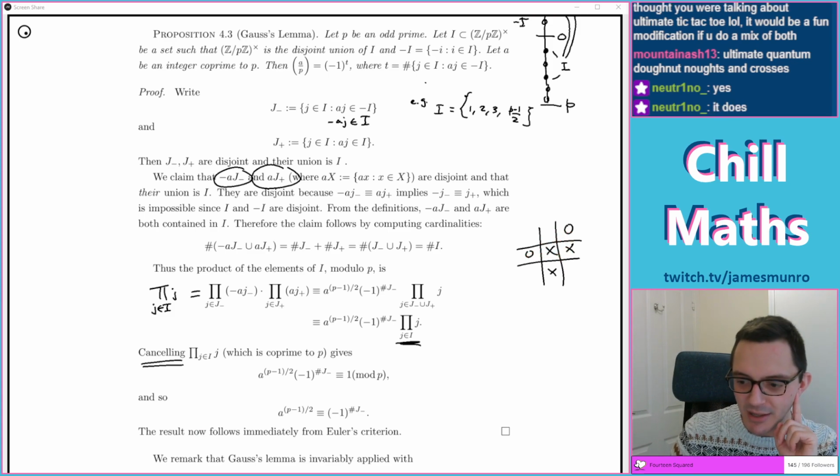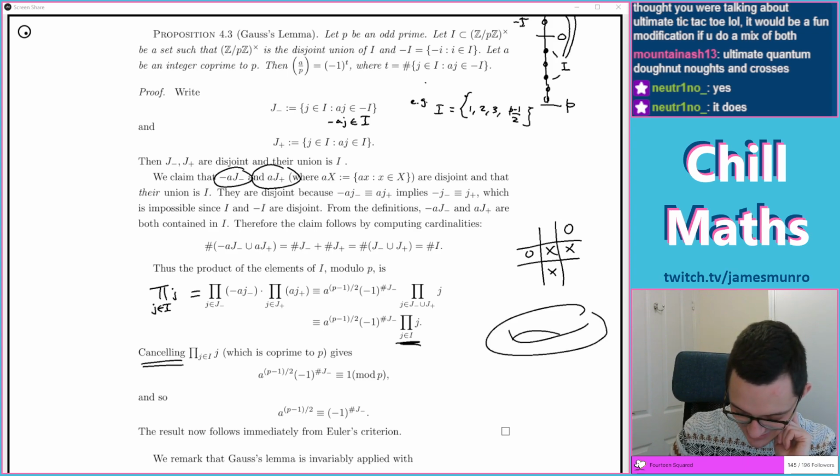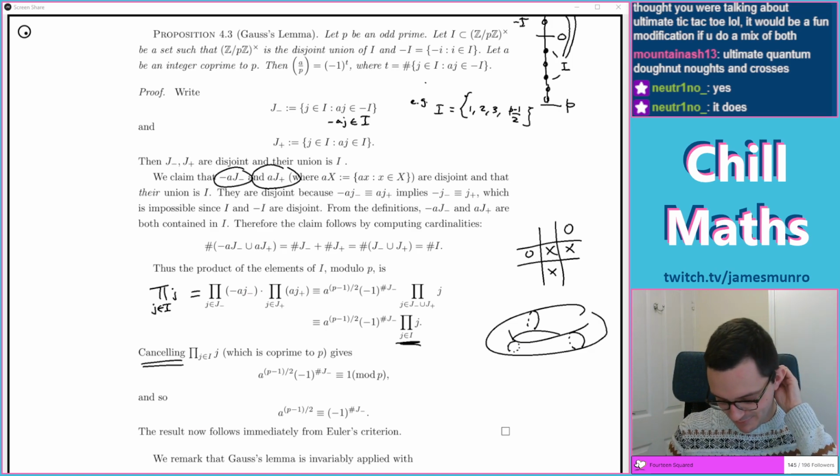I think it might be a player 1 win. Quantum Donut, noughts and crosses. It's quite hard to draw a 3x3 grid on top of this donut. I'll give it a go. So I need to draw 3 lines to split it in 3, and one over here. Dot, dot, dot, dot. And then some loops, I suppose, to split it into a grid.